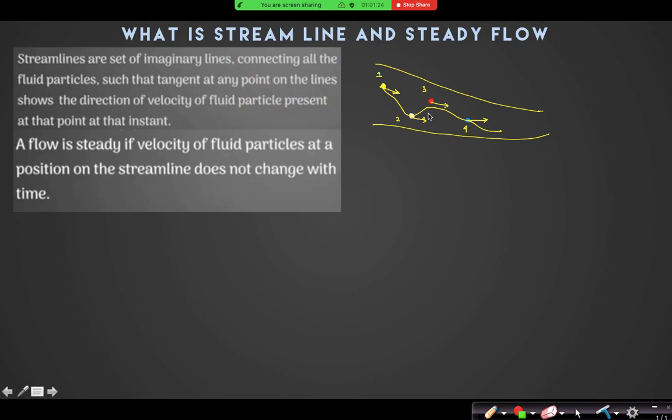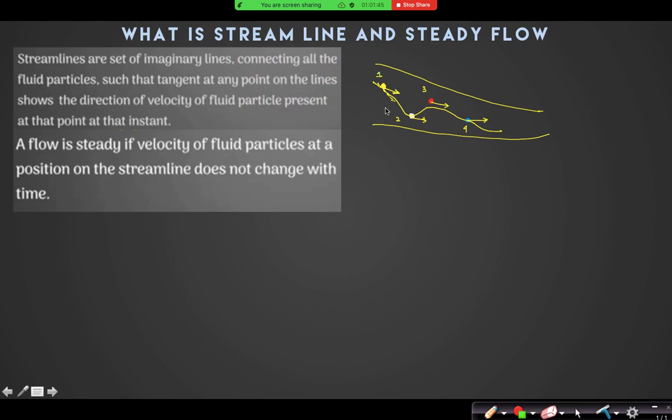Like this. So you cannot say this is a streamline. Although I have joined these three particles, 1, 2, 4, with that line, I cannot say it is a streamline. Why? Because you can see point 1, if this is a streamline, the tangent at this point should be